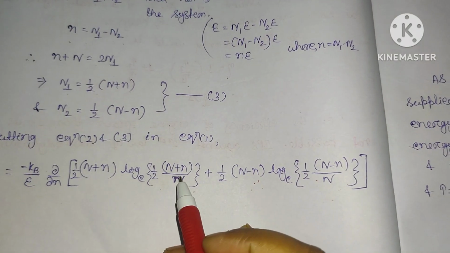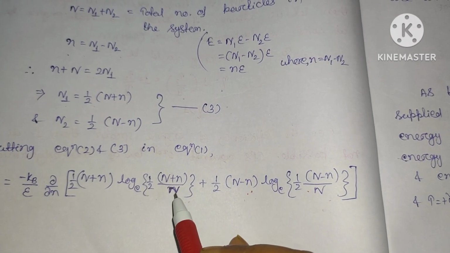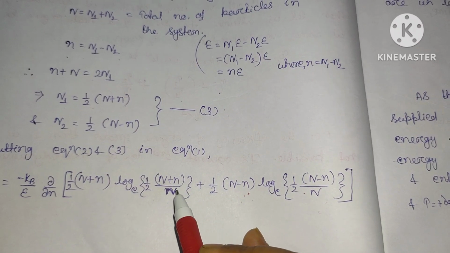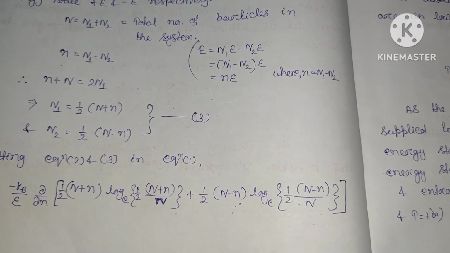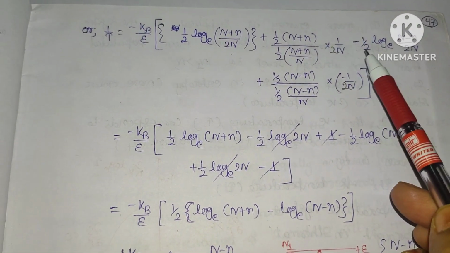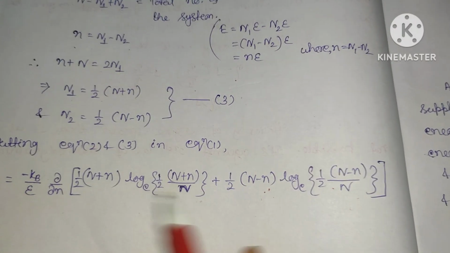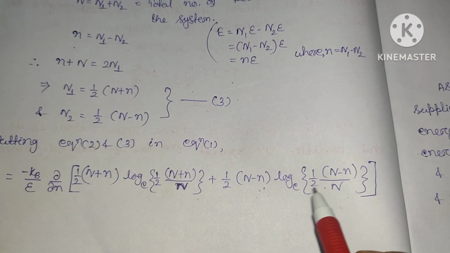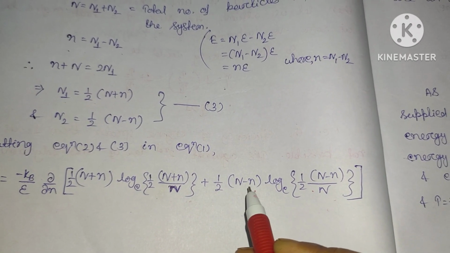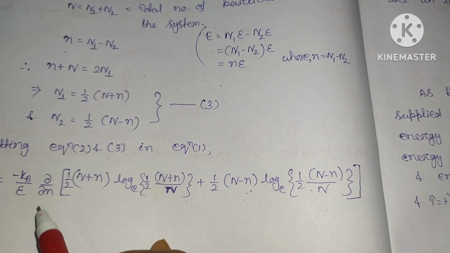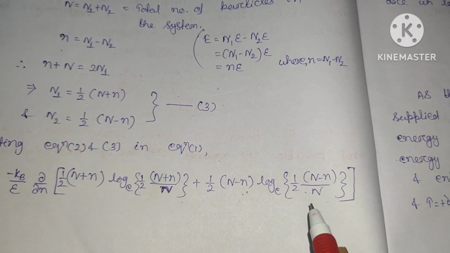So here you can see that this is 1 by 2n plus n divided by n. So simply here you can write 1 by 2n. Clear? So here this is 1 by 2n. Similarly, this will become minus half log e. By taking this derivative, this will be minus half, and taking the derivative with respect to small n, this will be minus 1 by 2, again log of this much,